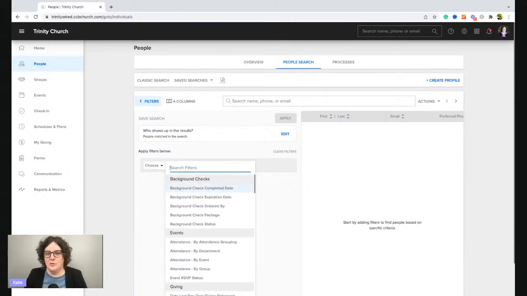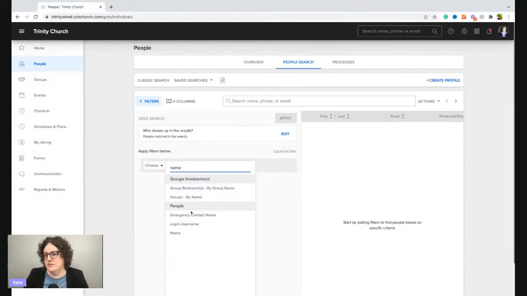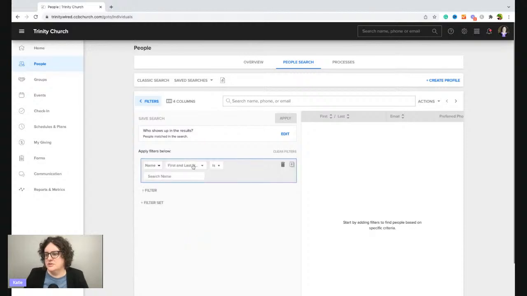It's a little overwhelming. So you can either scroll through or you can just type in what you're looking for. So I'm just going to do a search for names and then you just answer these questions. So they all have drop downs. I'm going to do a search for people with the last name Mouse. And that's all the search criteria I need.